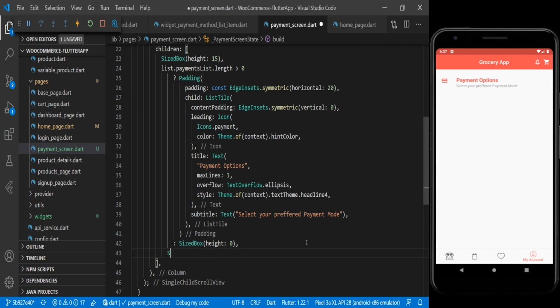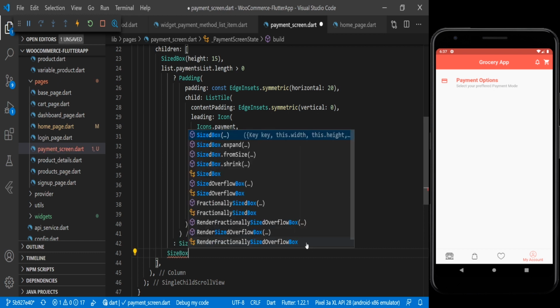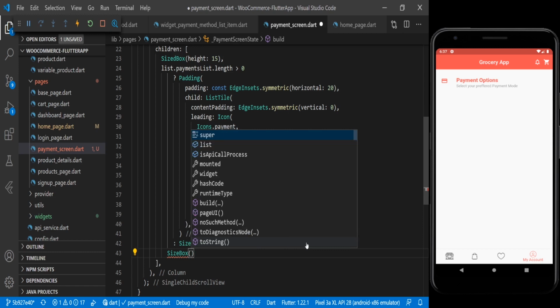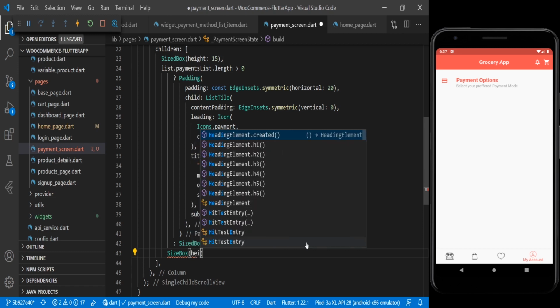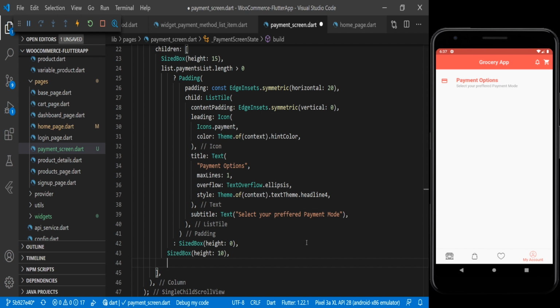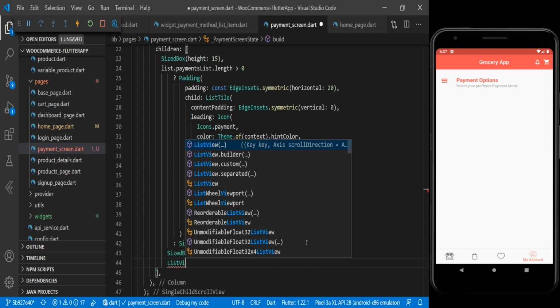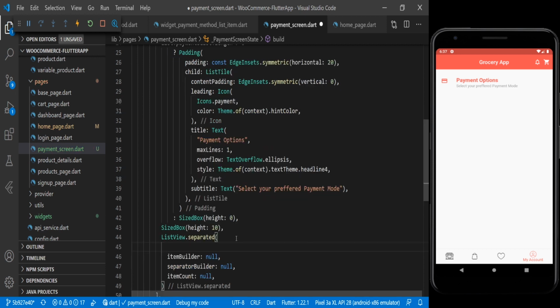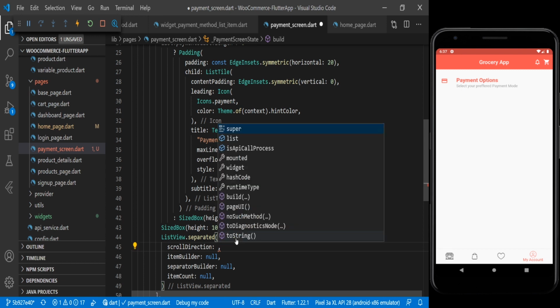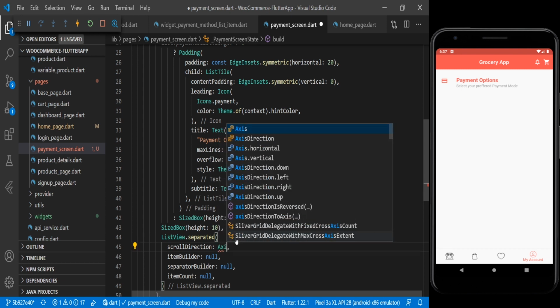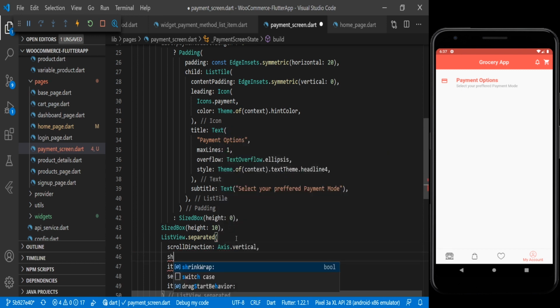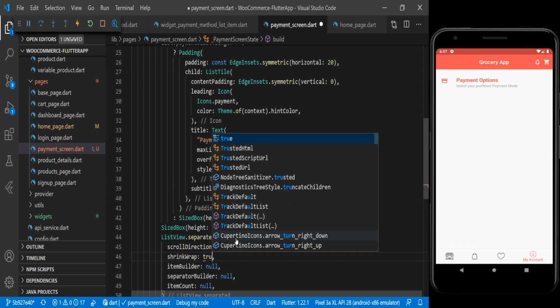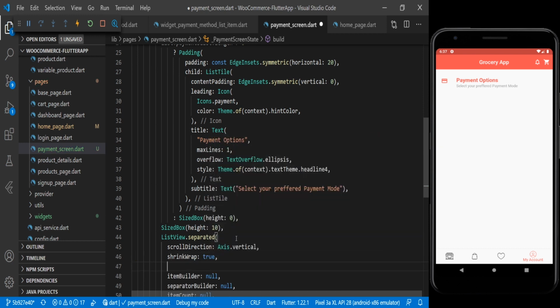Before that we will put SizedBox of height 10, and here we will use ListView.separated. And the scrollDirection we are using Axis.vertical. Then we have shrinkWrap, and we are using true, and primary we are using false.